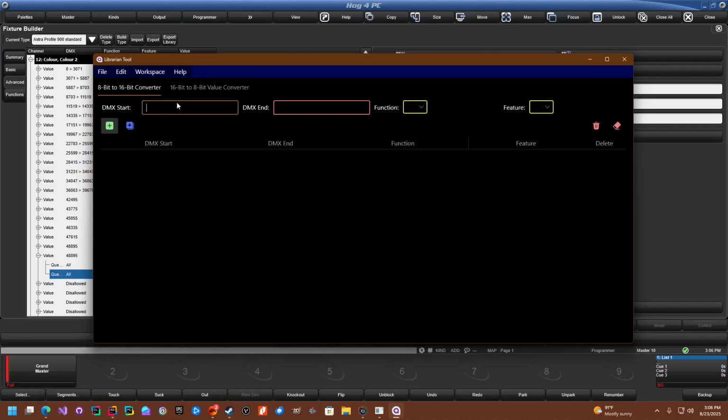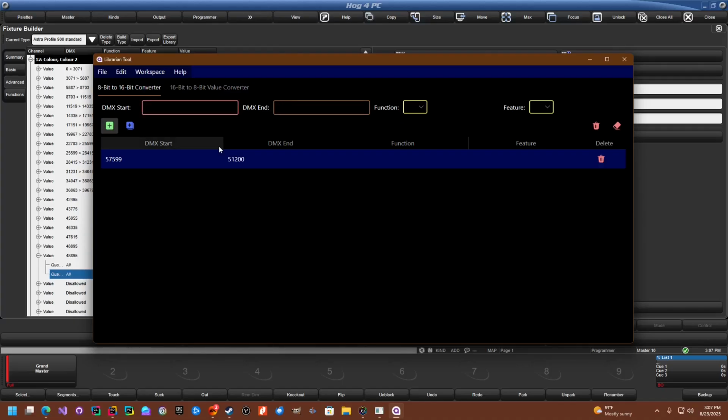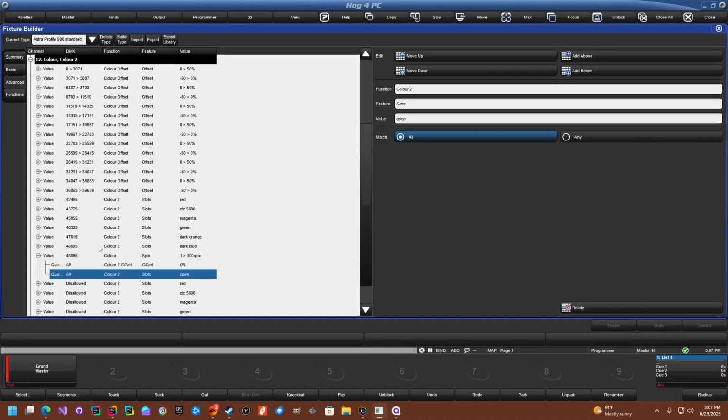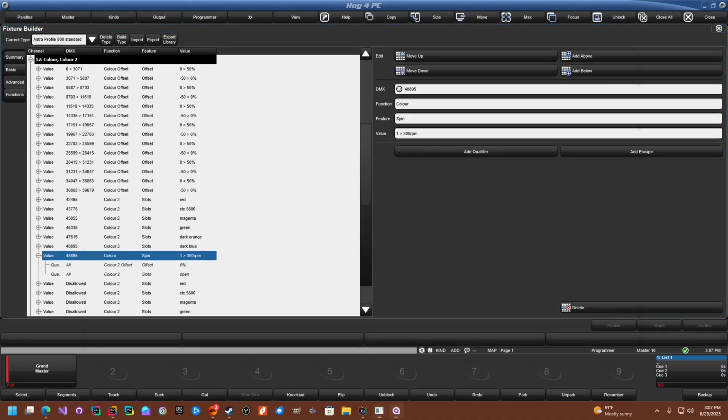So basically what that's saying is we need to do 224 to 200, and that will get us these DMX values for our 16-bit channel. I'm just going to move this back so I can read it. So we do need 57599 through